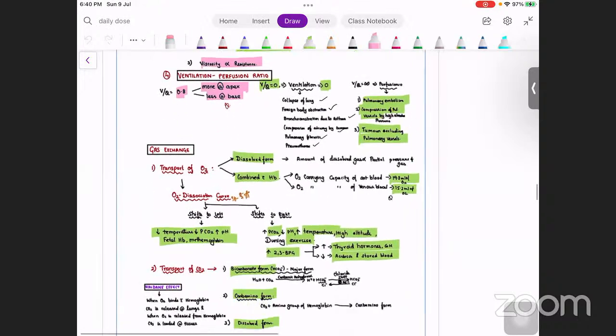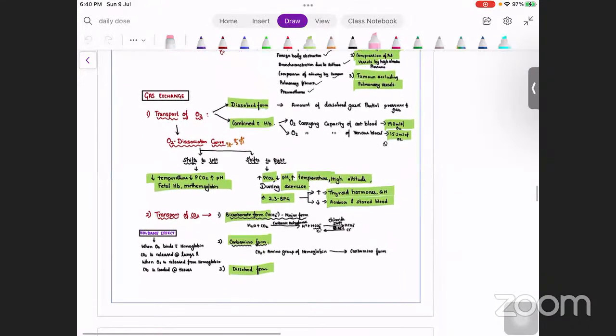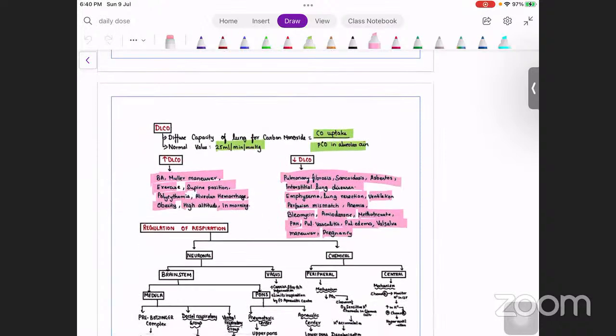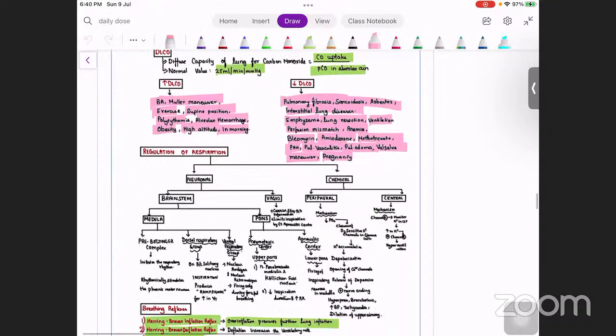Okay. And apart from that, factors which can shift the oxygen dissociation curve to the right. What are they? Increase in PCO2, decrease in pH, increase in temperature, high altitude, during exercise, increase in 2,3 DPG. Apart from that, you have a normal DLCO is 25 ml per minute per mm of